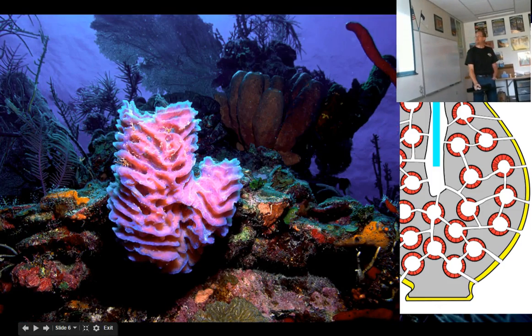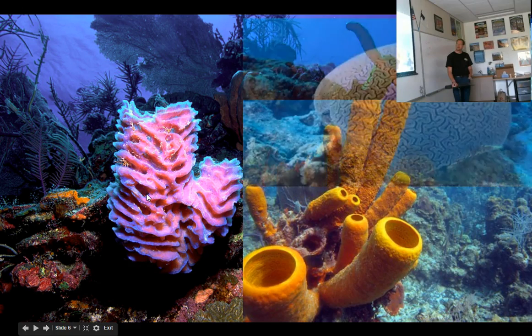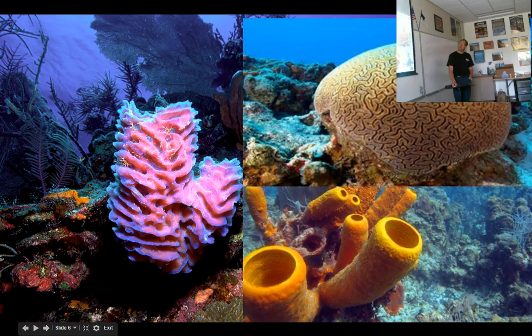Okay. Here's some pictures of sponges. This purple thing is a sponge. It's gorgeous, and it's kind of squishy, sort of, but rigid at the same time. So this is a picture of a purple sponge, and you can see here's a tube and here's a tube, and it's not a smooth body wall. This has got a convoluted body wall. So this is at least 2 layers of complexity, maybe a third. This is another tube sponge. We've been looking at tube sponges as the background of our slides so far today. This is a brain sponge.